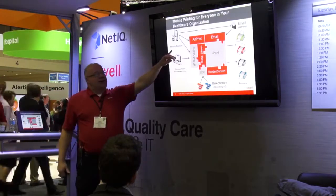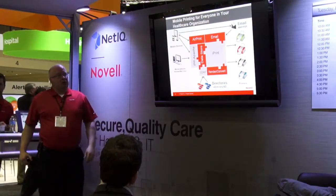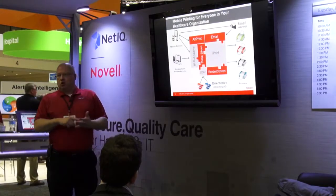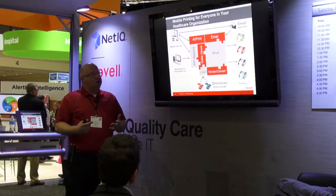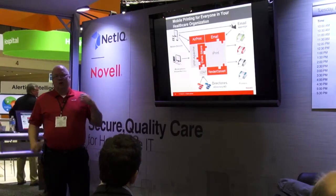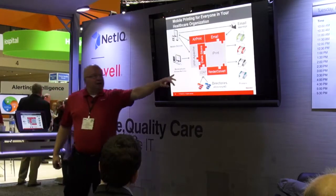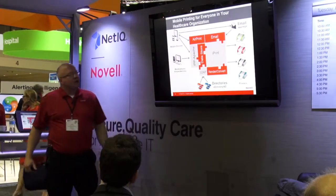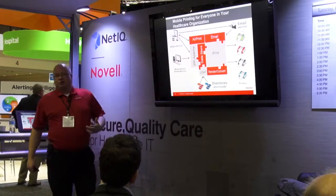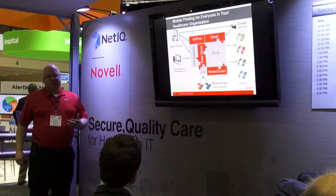What we support is an app for iOS, Android, and we'll shortly have BlackBerry 10, and Windows is on our roadmap as well. With that app you simply do open in, or share with on Android, and pass the document that you're looking at on your mobile device to the iPrint application, to print using IPP. The app will authenticate to eDirectory or Active Directory, so we can do secure printing, track who is printing, what documents, and so on,